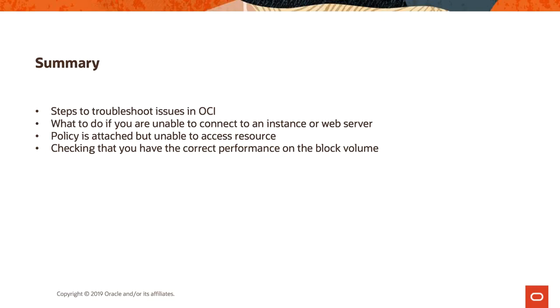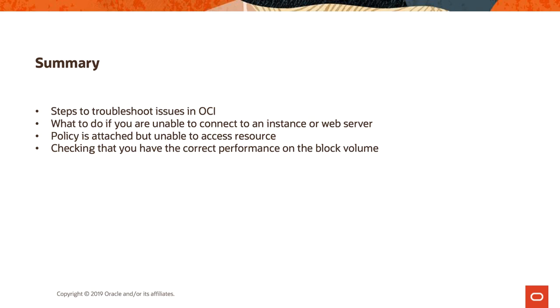All right, so in summary, steps to troubleshoot issues on OCI, and this indicates, start small and then expand. In a lot of cases, it's maybe just a misconfiguration on a security list, maybe you just need to adjust the route configurations, or if you're trying to delete a VCN or subnet, just making sure all the resources are cleaned up. If you're unable to connect to an instance or a web server, in a lot of cases, that's going to be route table configurations, security lists, making sure you check the OS firewall for Windows or Linux,